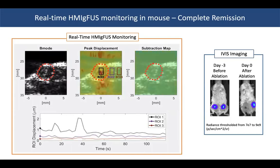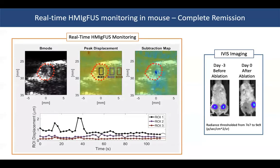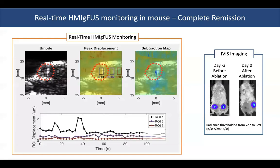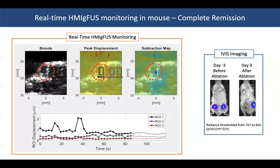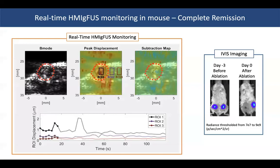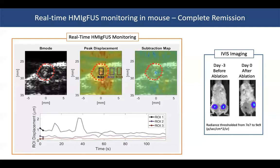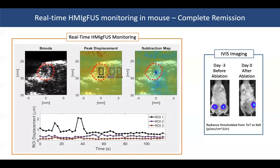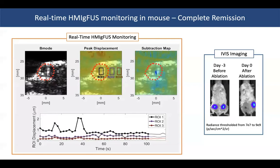On the bottom, we show plots of the mean ROI displacement from the peak displacement HMI images. And we see at ROI1, which is at the FUS focus, an initial increase in displacement followed by a subsequent decrease in displacement, which indicates first lesion heating and then lesion stiffening. And the presence of ablation is further confirmed by bioluminescence imaging, which shows a lack of luminescence immediately after ablation